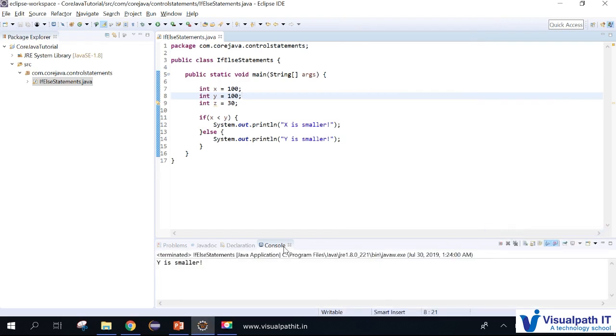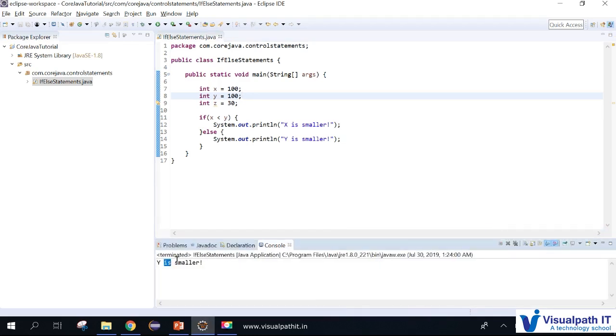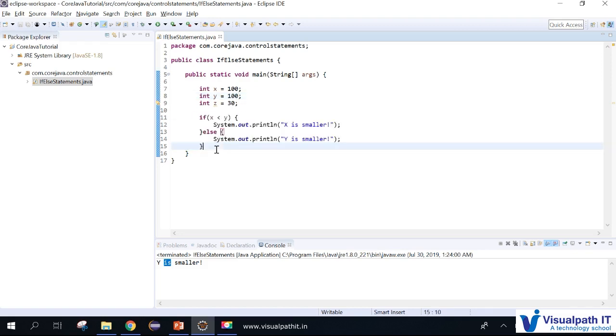So it is still telling y is smaller, but if you see the actual values, x is 100 and y is 100. Both are same actually, there is no difference at all. But our program is failing to show the correct output. The reason is we just mentioned the else case to print y is smaller, whatever the comparison is, and